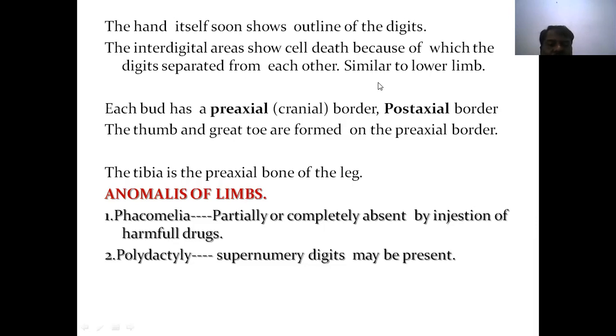Then the toe digits develop first, the second phalanges. That is the formation of the lower limb also. Here, embryologically, we use the words pre-axial and post-axial borders. How are we using the anatomical position, lateral border and middle border? In the upper extremity, the lateral border has the radius outside. The lateral side is the radius and the middle side is the ulna, with the thumb towards it.